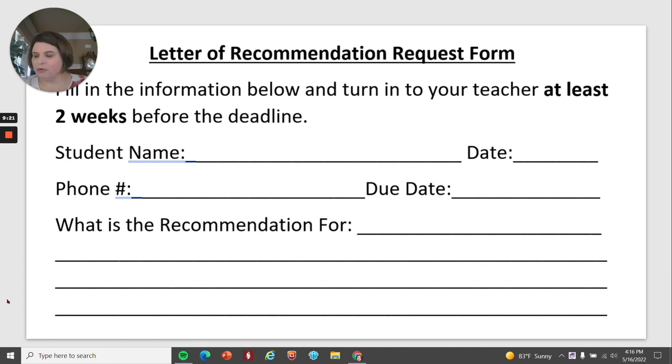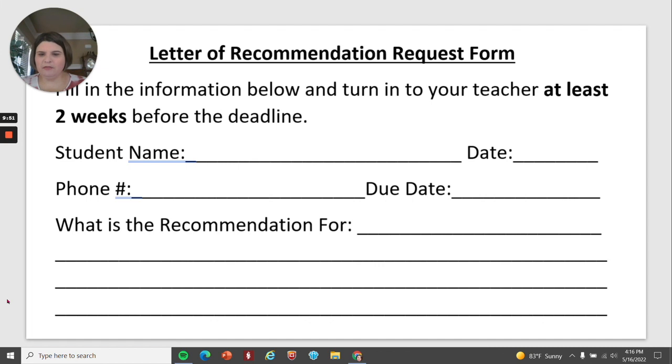I'll never forget, we were getting ready to perform at GMEA one evening in Savannah many years ago. And our performance was at, I think, 8:30 or 9 o'clock at night, a very late performance time. And we got on the bus to go back to the hotel after the performance, and a student needed a letter done that night. So we all have these wonderful, lovely students who are still students and sometimes don't think through timelines. So this is really helpful if you go ahead and tell them, look, I need 2 weeks every time before the deadline.